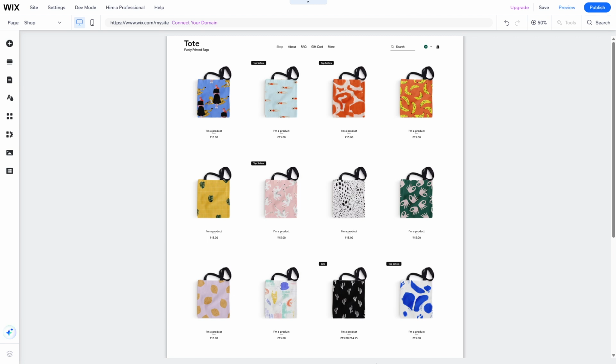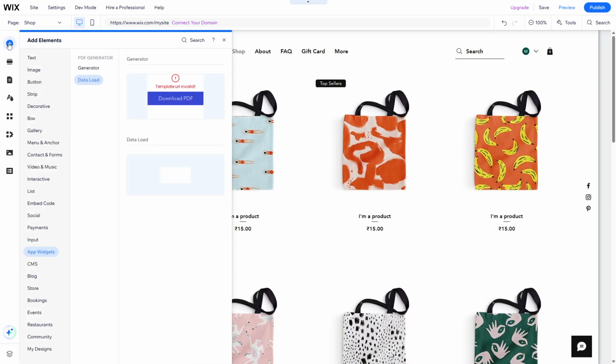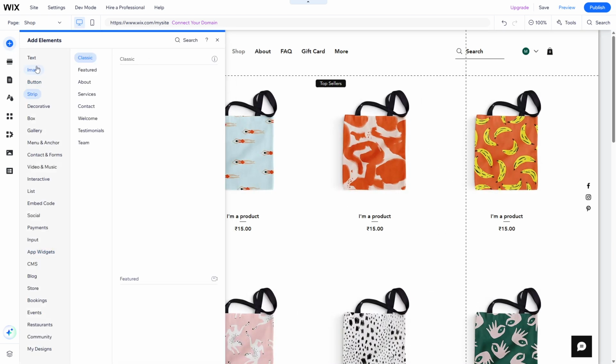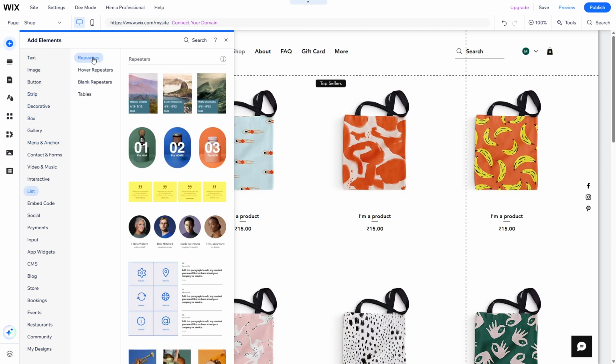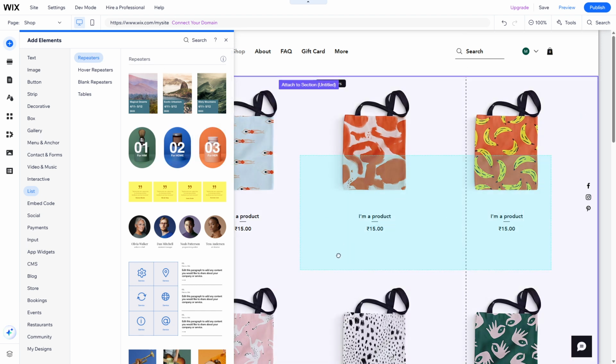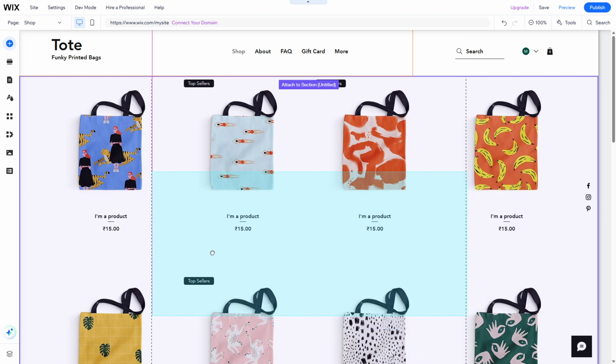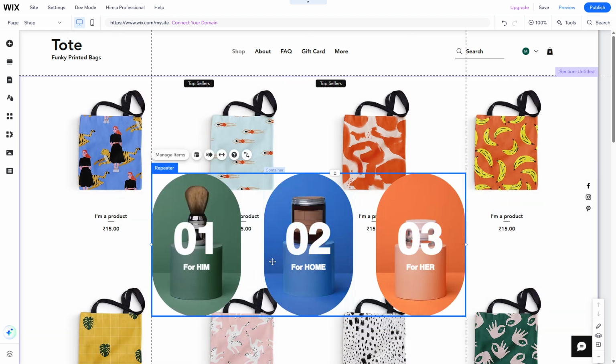Let's dive in by opening the Wix editor and looking over to the left side of the screen. Here, you'll find the Add button, which holds a world of elements you can integrate into your site. Click on Add Elements, then navigate to List, where you will find the Repeaters option. Click it, and you're ready to drag and drop a repeater onto your page. The flexibility of repeaters lies in their ability to duplicate the content set within, allowing for uniformity and ease of